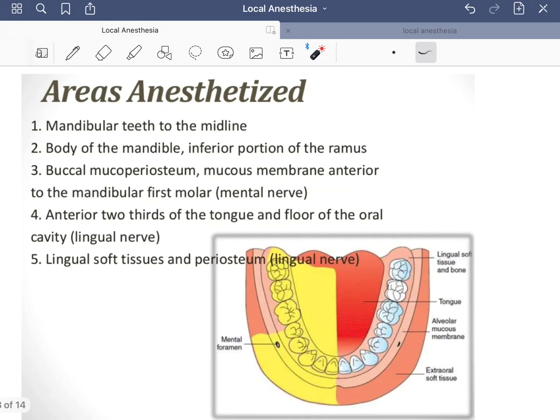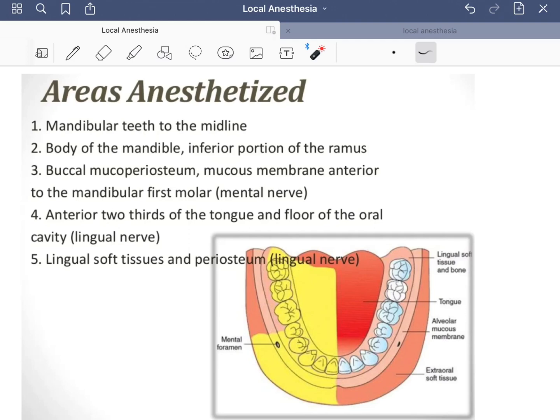Area anesthetized in the mandibular nerve block: the mandibular teeth to the midline, including molars, premolars, and the anterior teeth, and the body of the mandible, the buccal mucoperiosteum, which is the mucous membrane anterior to the mandibular first molar. The mental nerve is responsible for this area. Also the anterior 2/3 of the tongue, the floor of the mouth, and the lingual soft tissue. The lingual nerve is responsible for these parts, and we will discuss how to anesthetize the lingual nerve along with